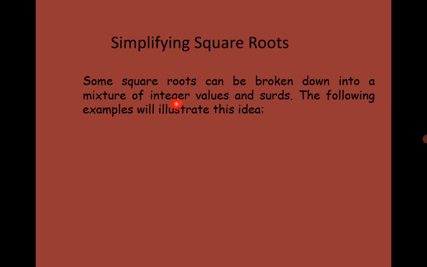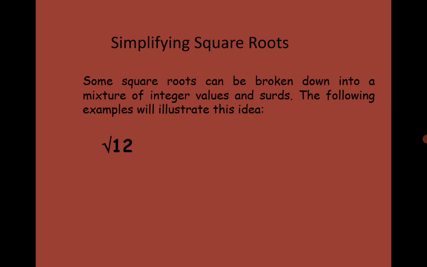Numbers such as 2, 3, 5, 6, those are integer values. But those that cannot be written down exactly are called surds. So some square roots can be broken down into a mixture of integer values and surds. For example,